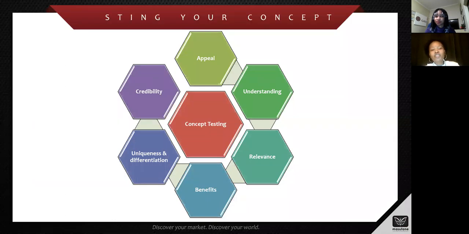This is probably one of the biggest business components that we do. So the biggest part of our business, we spend it testing concepts, right? Big corporations test their ideas while it's still on paper before they even go into a prototype. And what they really want to understand is, when you hear this idea,